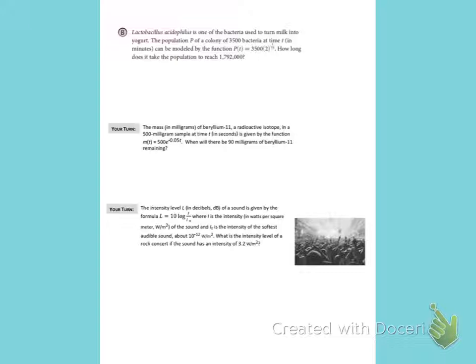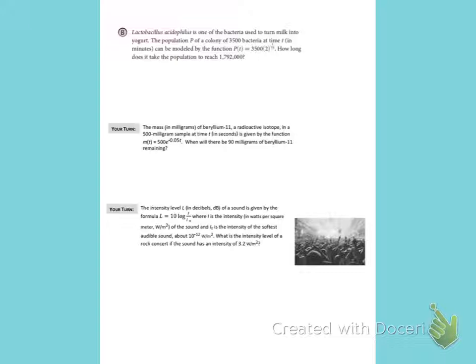Okay, so Lactobacillus acidophilus, that's how I always pronounce it, is one of the bacteria used to turn milk into yogurt. You may hear that on commercials, probiotics and all that other stuff. But anyway, the population P of a colony of 3,500 bacteria at time t in minutes can be modeled by